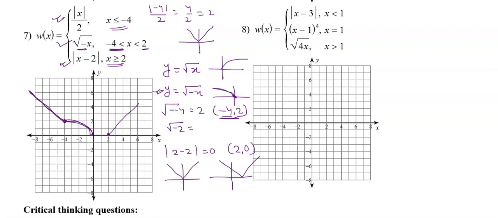Question number 8 is again an absolute value function. Let me do it very quickly. Absolute value of x minus 3 will be shifting 3 units to the right. It is defined for x less than 1, and at 1 the point is 2. So it is basically the point 1 comma 2. Because it is defined for all values which are less than 1, I will just be doing this part, and this part will be cancelled, right? Because that is not defined in this question.